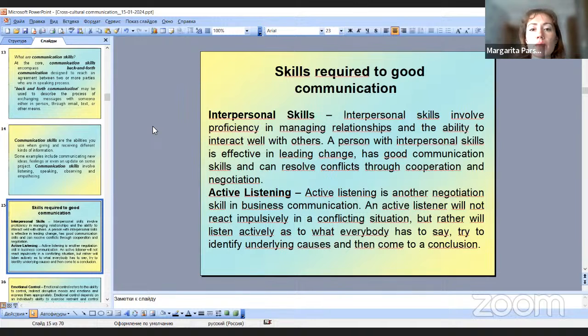Let's talk about the skills required for good communication. Interpersonal skills: the skills between different people. Interpersonal skills involve proficiency in managing relationships, the ability to interact well with others. A person with interpersonal skills is effective in leading change, has good communication skills, and can resolve conflicts through cooperation